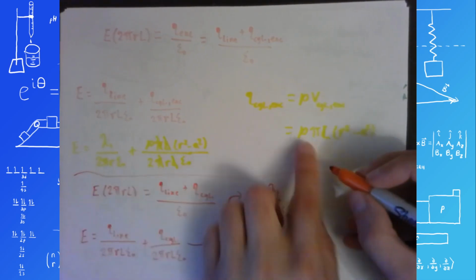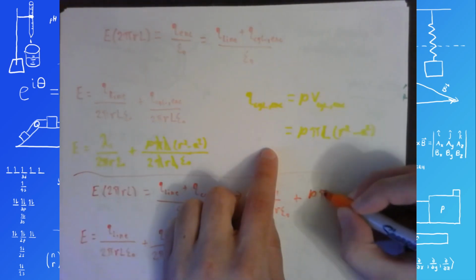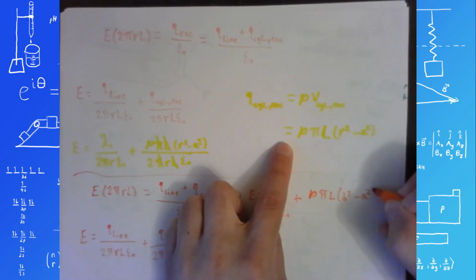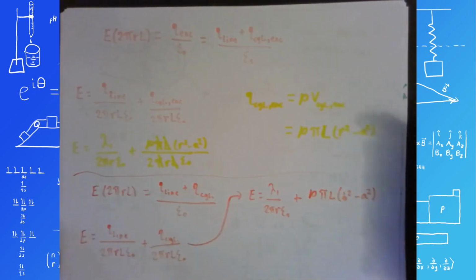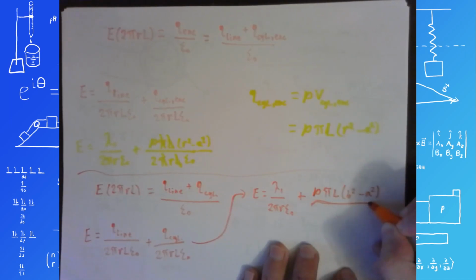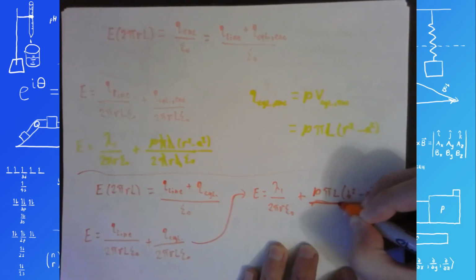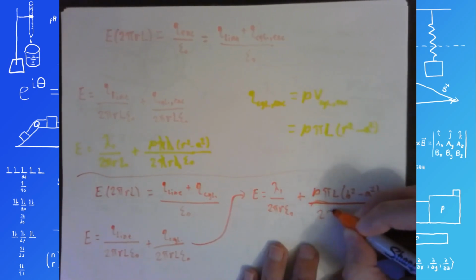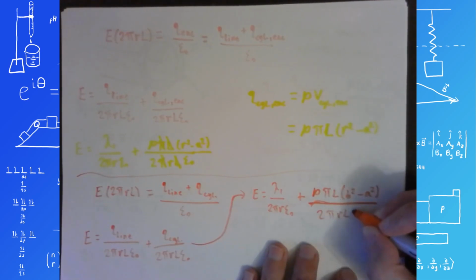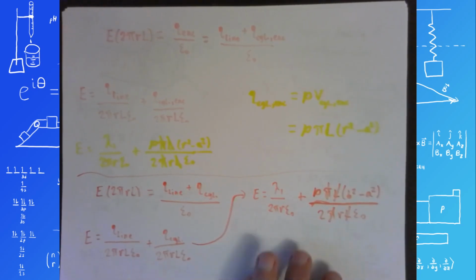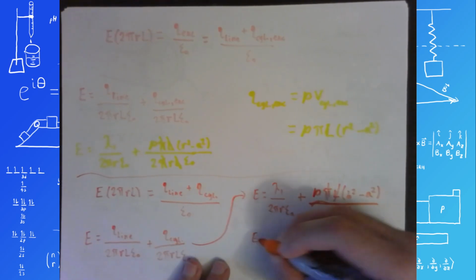That gives me rho pi L (b squared minus a squared) as the total volume of charged cylinder contained within my Gaussian surface, divided by 2 pi r L epsilon naught. The pi's cancel out like before, the L's cancel out like before, and I get the expression